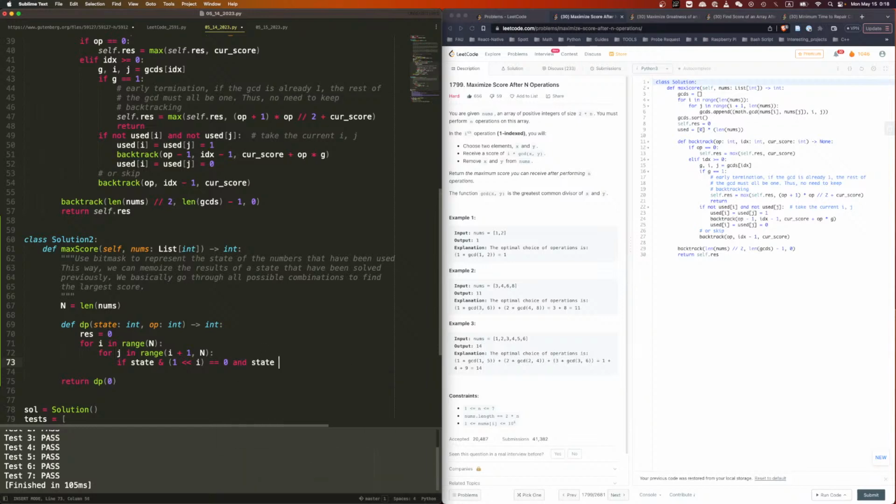And state and 1 left shift j shall equal to 0, which we can do. We can say this or this, right? So this has to equal to 0. If this is equal to 0, then we can take it. So we say res shall be equal to maximum